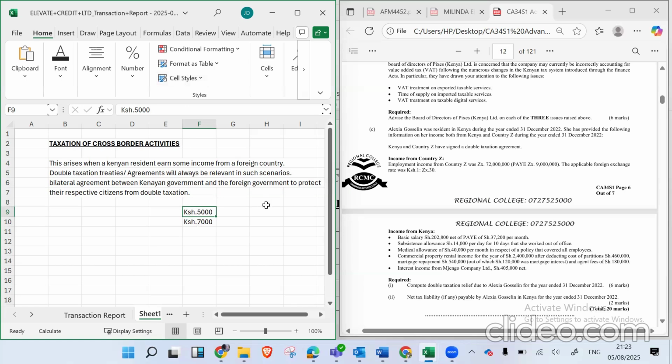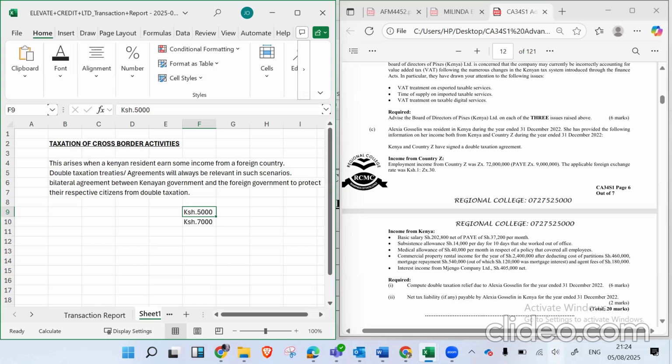My question is, so this 5,000, calculating the amount of tax to pay in Kenya, will they use the net amount that you have been paid, or will they use the gross that was on the other side? Assuming it was an invoice, will they use the gross amount on that invoice? Tax is never calculated on another tax. Tax is always calculated on the profit before tax, or the income that you earn before tax. So it's always on the gross.